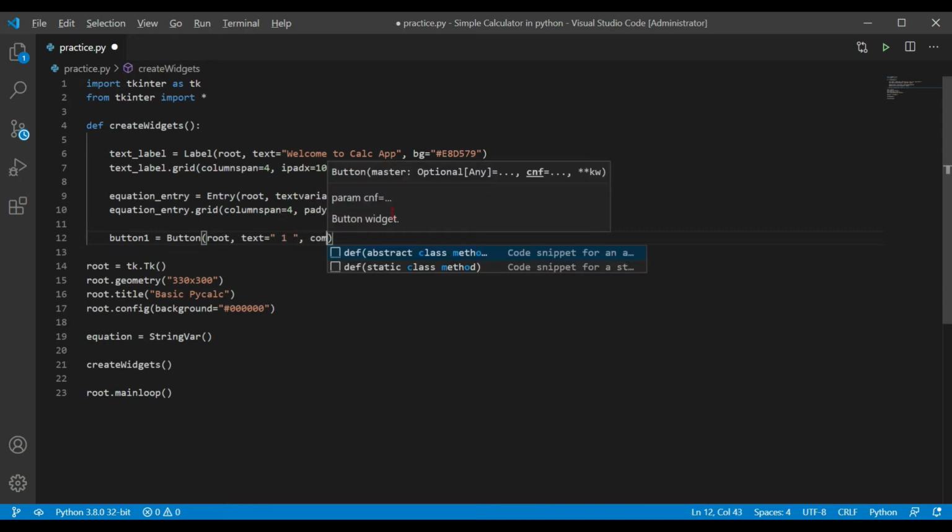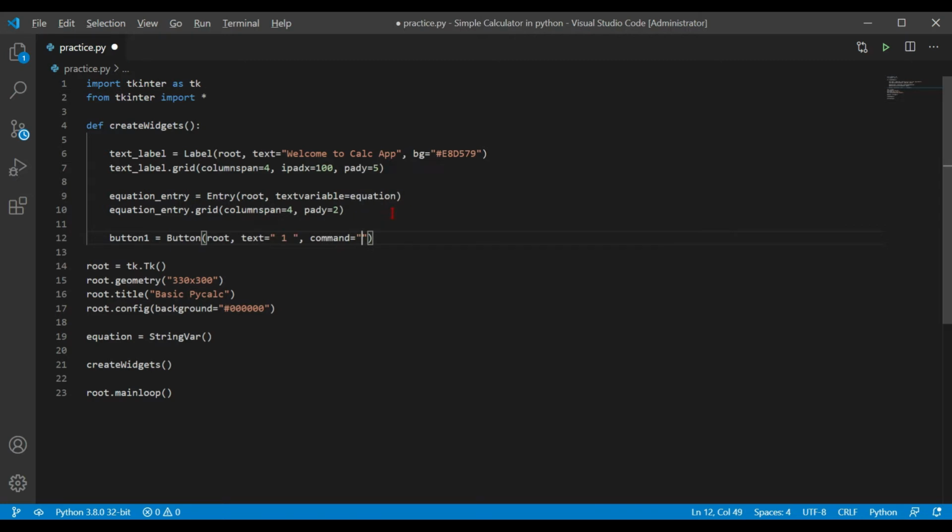Okay, it should have a command, of course. Let's give the command as blank because we don't have any function right now. And it should have a width. Let's keep it small today because the width shouldn't be so large like our normal buttons, because most of the Tkinter window is filled with buttons, so we'll use the small width and we'll prefer that one.